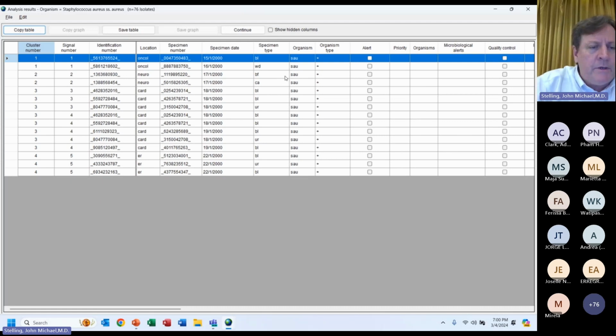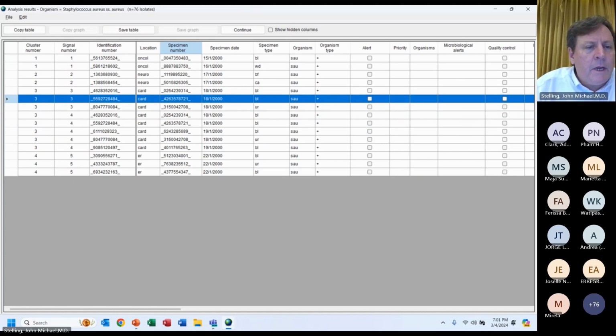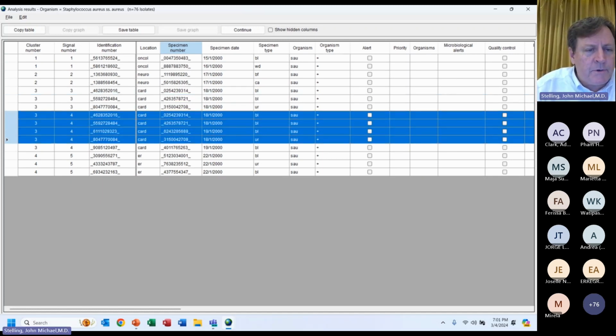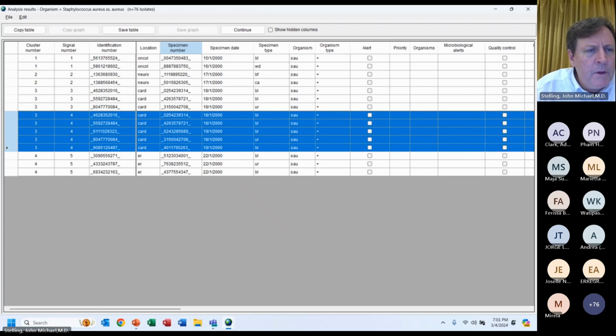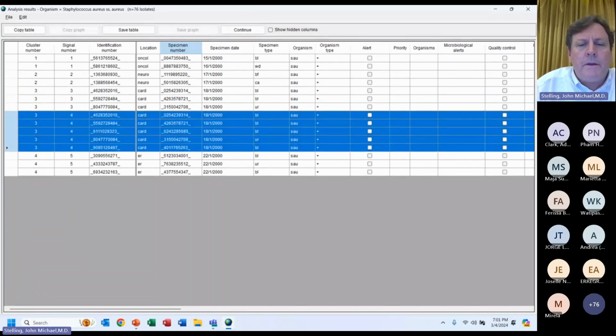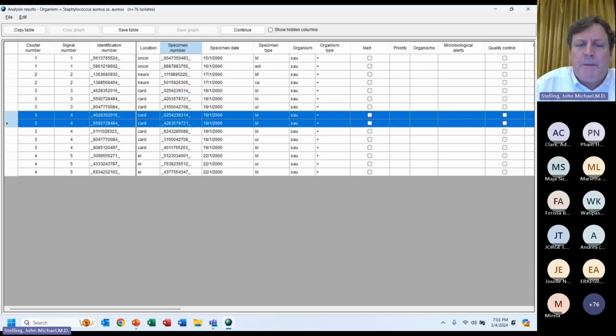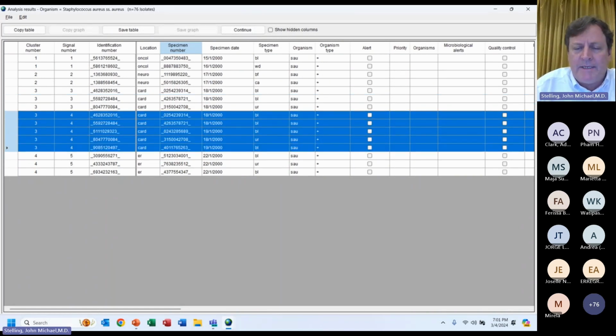So for example, here under cluster 3, let's see, these are the 5 people. It started off with these 3 people on the 18th, but then it became these 5 people with the 18th and the 19th. So you can always get the details of the room numbers, the zone diameters, the other details